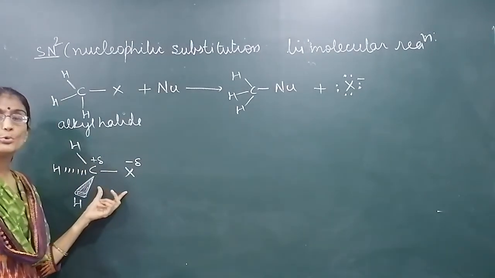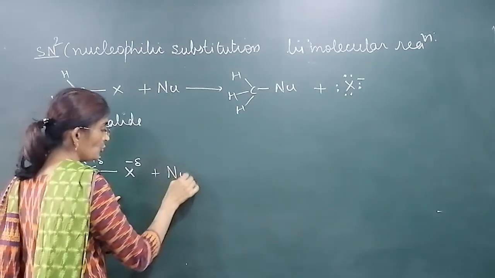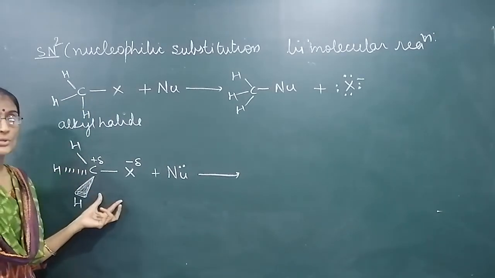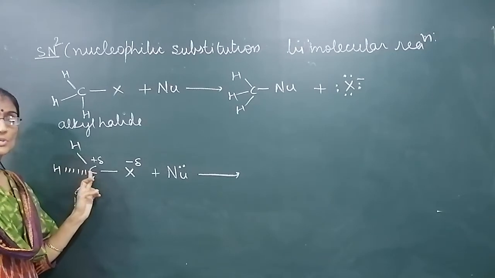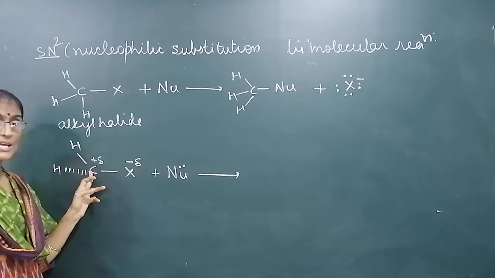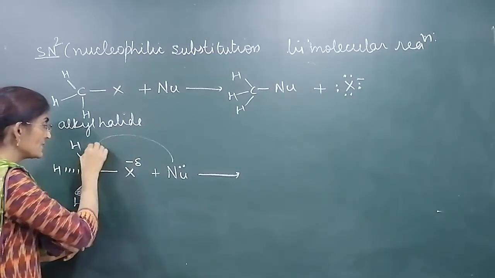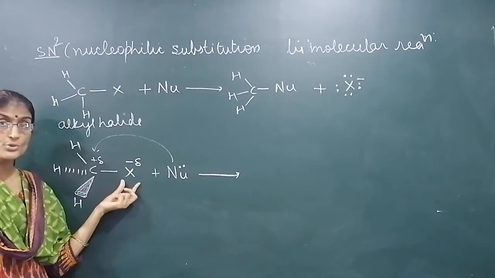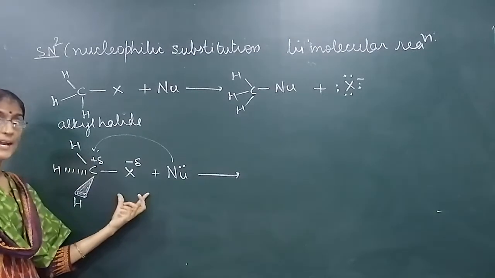What does the nucleophile do? When nucleophile reacts with it, nucleophile is also negatively charged and has a pair of electrons. So where will this nucleophile attack? To this carbon, because carbon is positively charged. Nucleophile has electrons, so it will attack on this carbon. Now as halogen is negatively charged, the halogen will not allow nucleophile to attack from its side to the